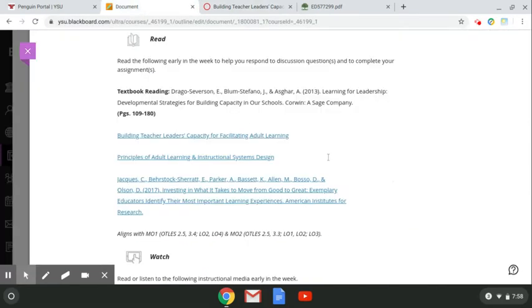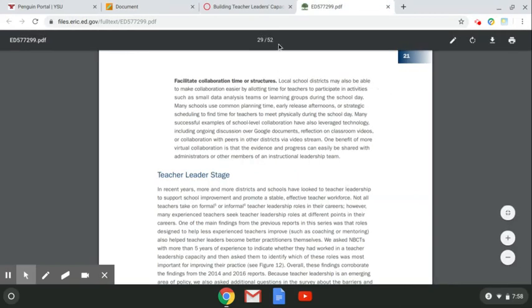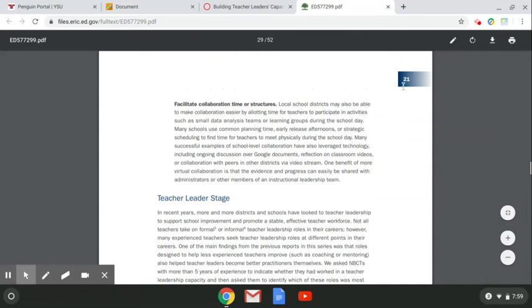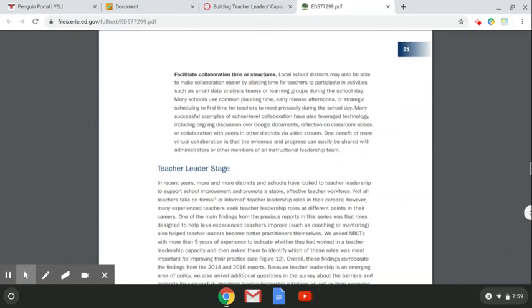All right, one of the other articles that I wanted to look at here is this third one, what it takes to move from good to great. And I wanted to make sure that you knew that you do not need to read all 52 pages of this document. You are very welcome to do so, but you have a lot of other things on your plate, I know, and a lot of other reading. And I know reading takes time, especially for people like me who are slow readers. So what I wanted you to do is go to, in the document, page 21. If you look at the very top in my PDF, it's page 29 because there are a few intro pages and table of contents, stuff like that.